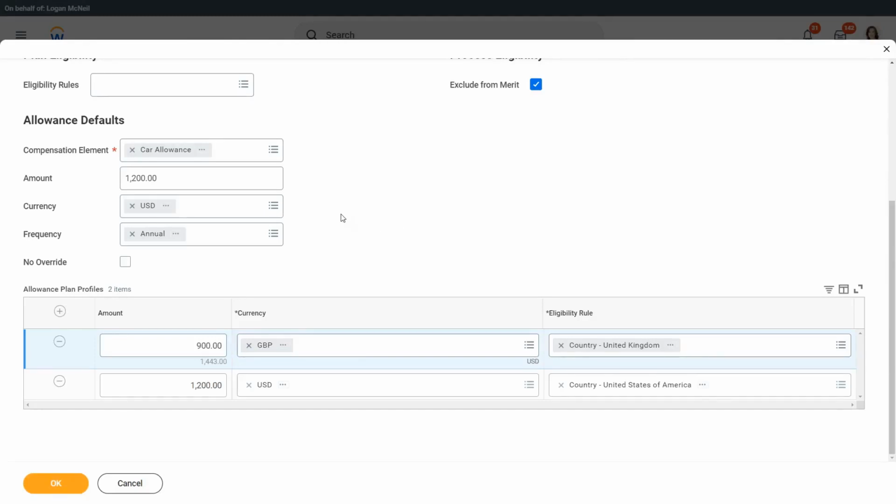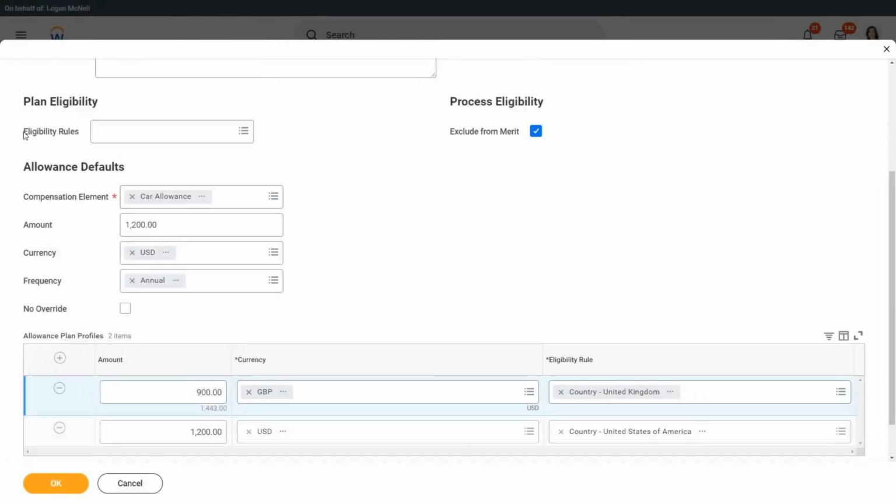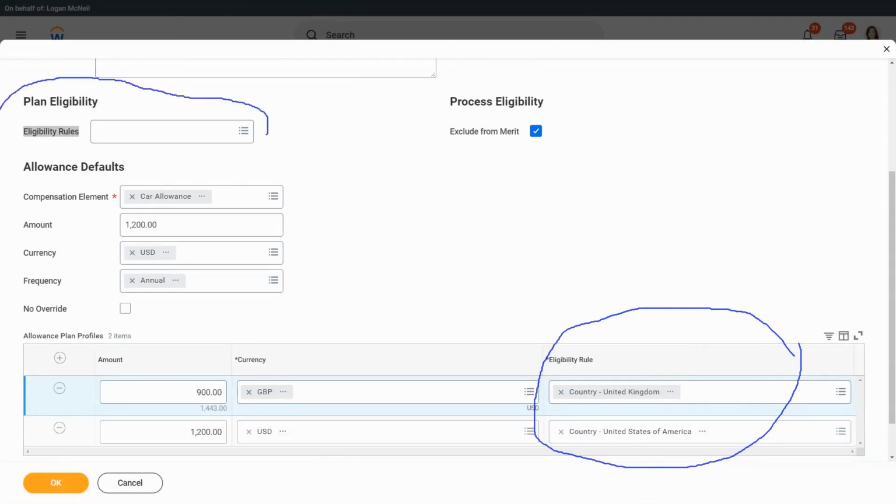Now, here there is something called plan eligibility. What does this specify and how is it different from the eligibility rule that we have at the bottom of our screen in the plan profile? Why are these two different? Who should get this allowance? That is what the plan eligibility will tell us. Let's say I want to do it only for managers or above.